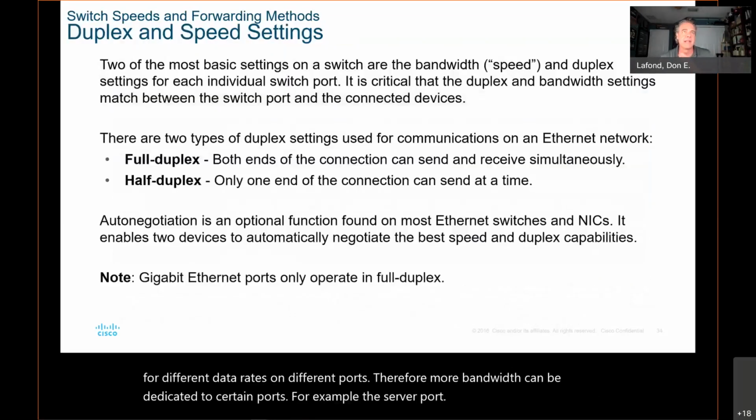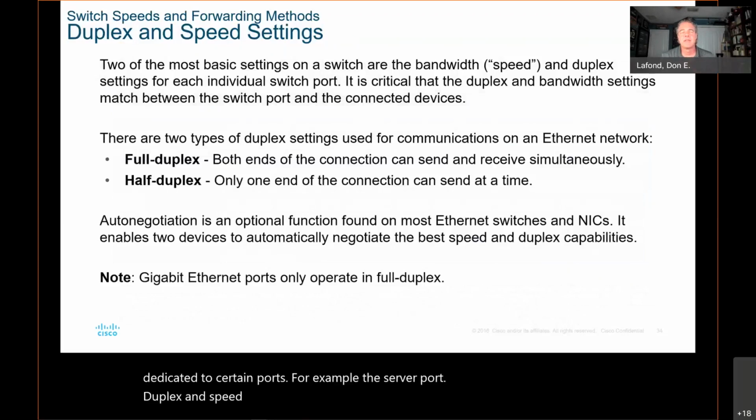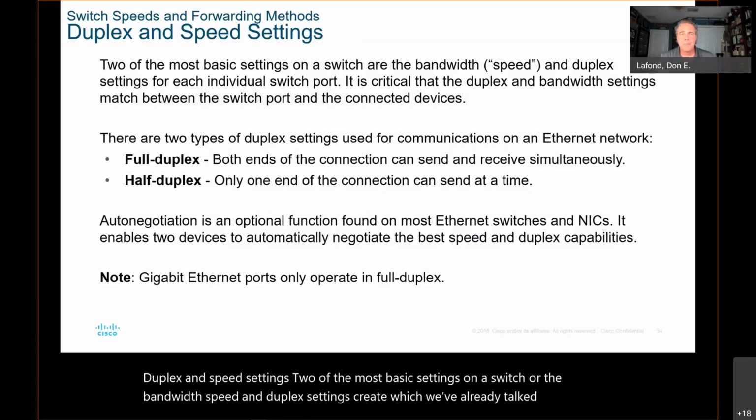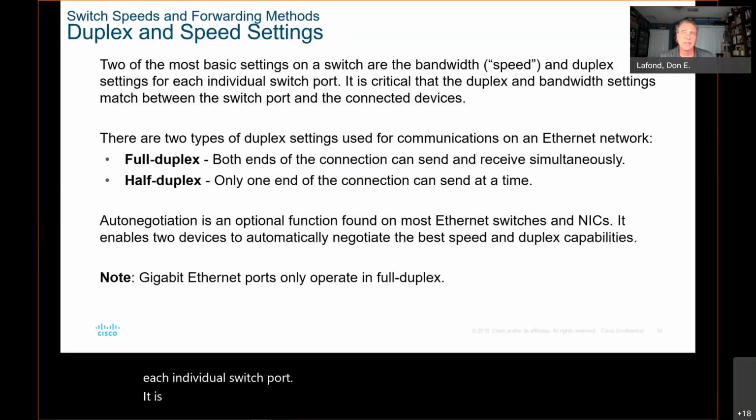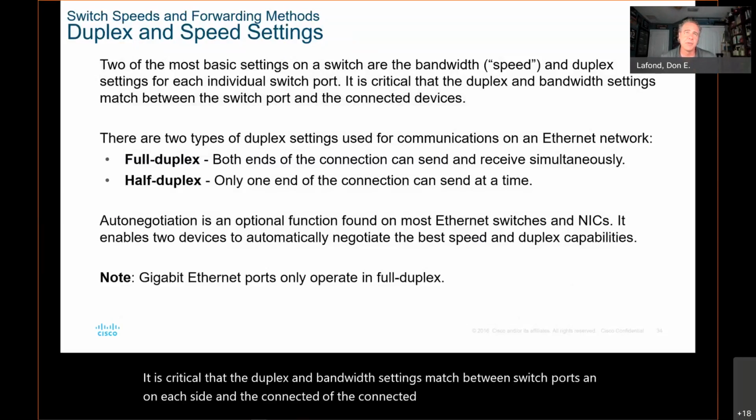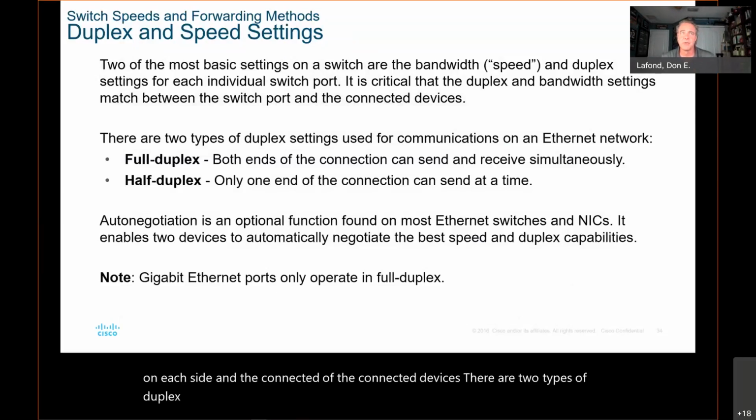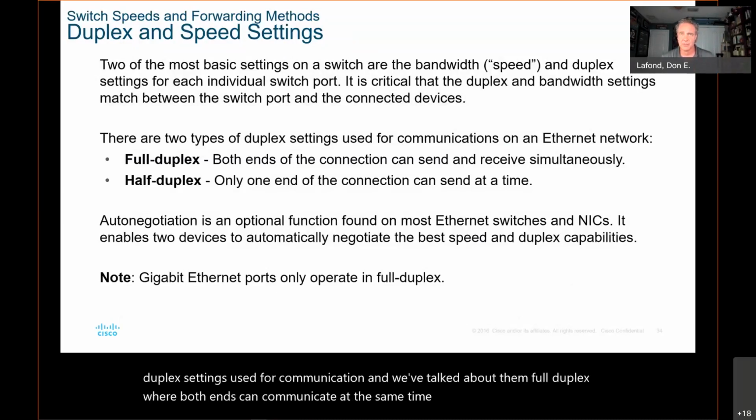Duplex and speed settings. Two of the most basic settings on a switch are the bandwidth, speed, and duplex settings, which we've already talked about, for each individual switch port. It is critical that the duplex and bandwidth settings match between switch ports on each side and the connected devices. There are 2 types of duplex settings used for communication, and we've talked about them. Full duplex, where both ends can communicate at the same time,